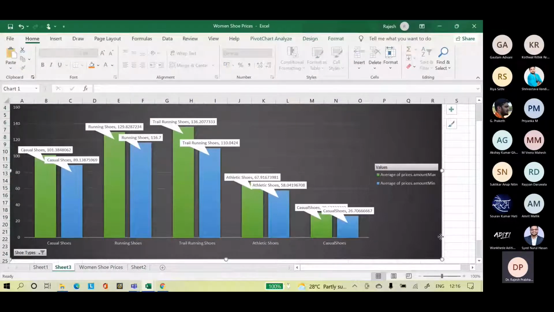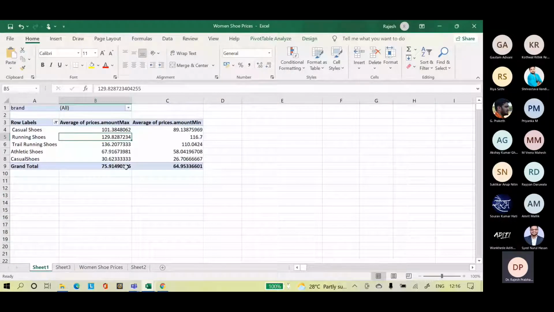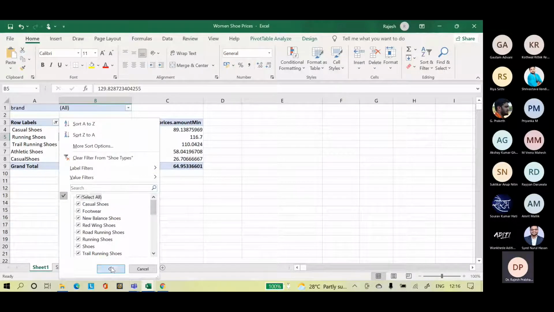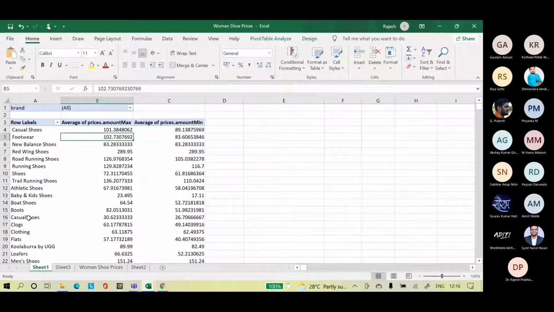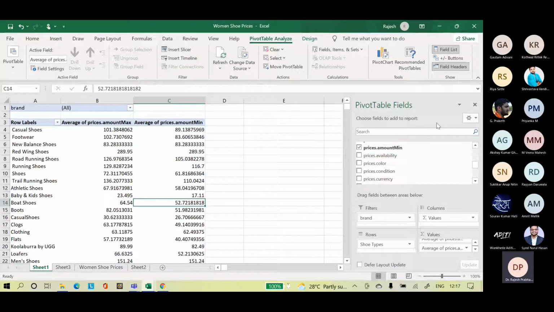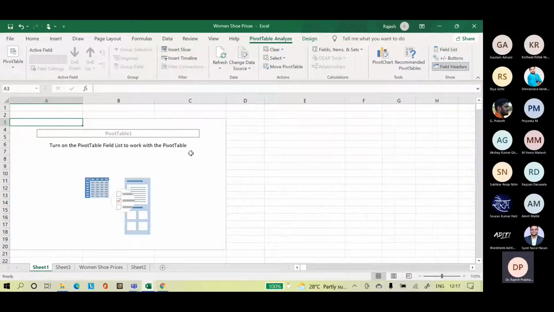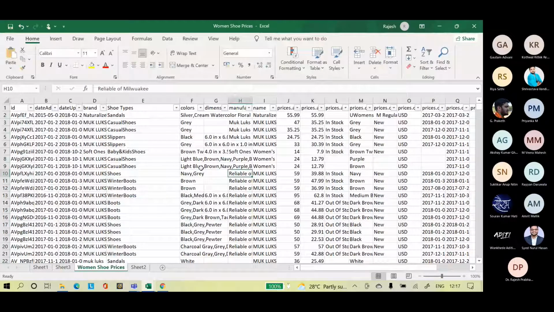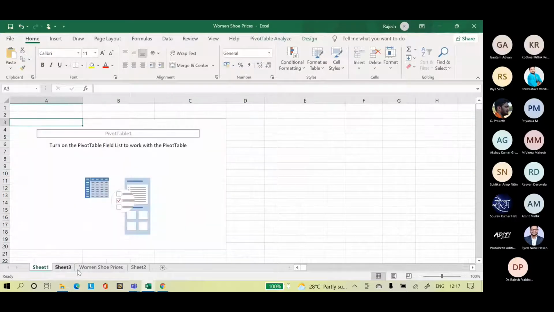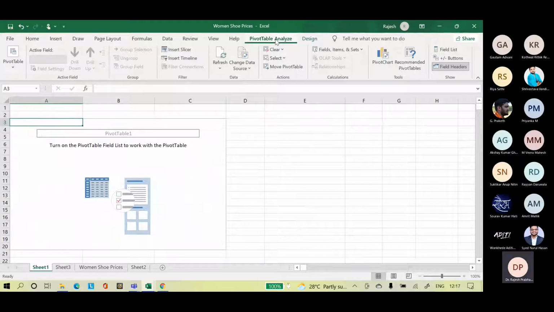Now I think casual shoes will be in one category, then we can see how the categorization goes. Average price of casual shoes. There is a refresh data option in the pivot table.